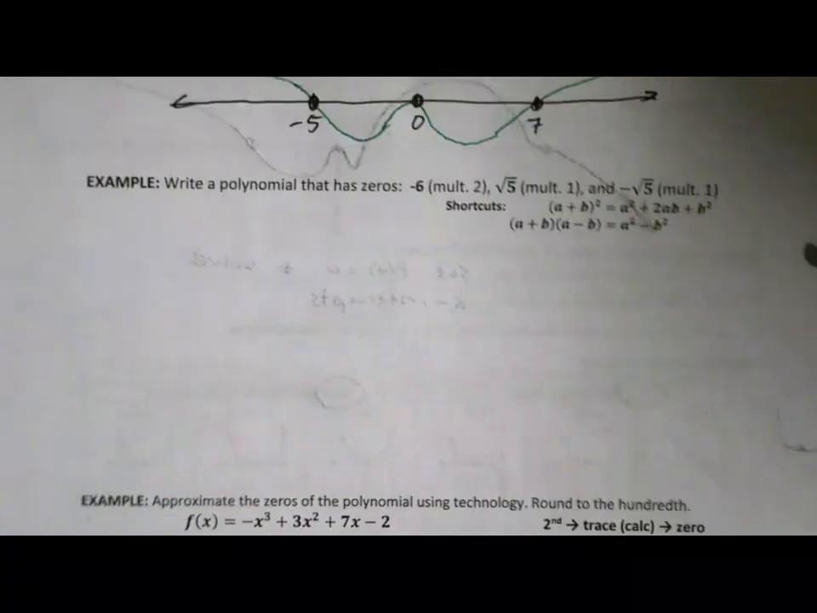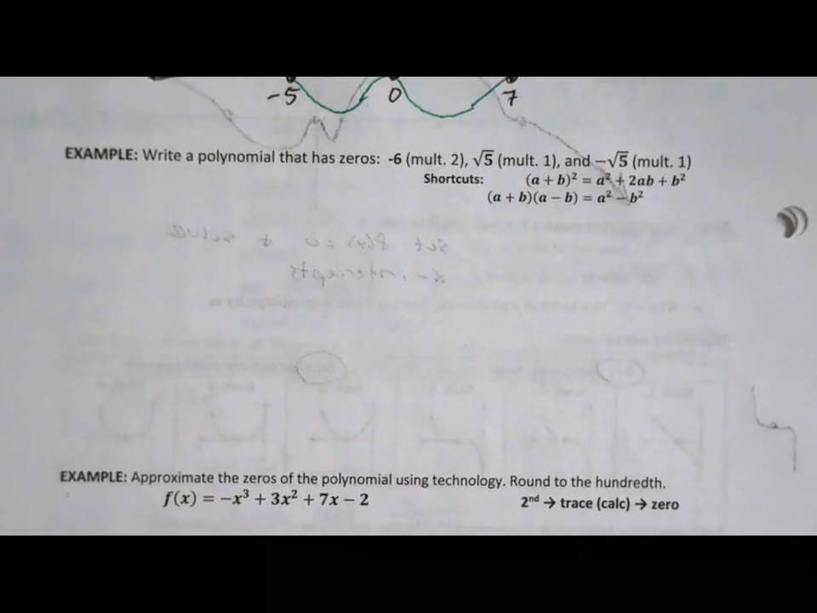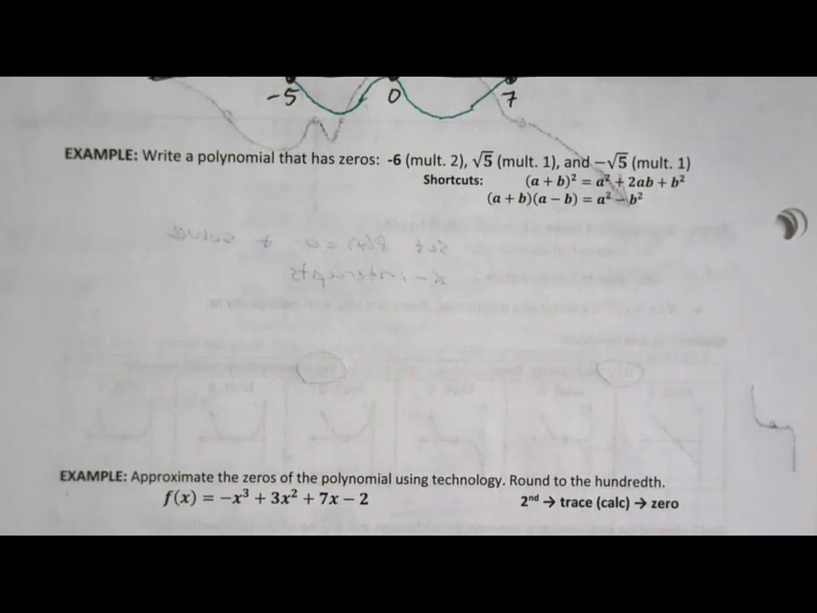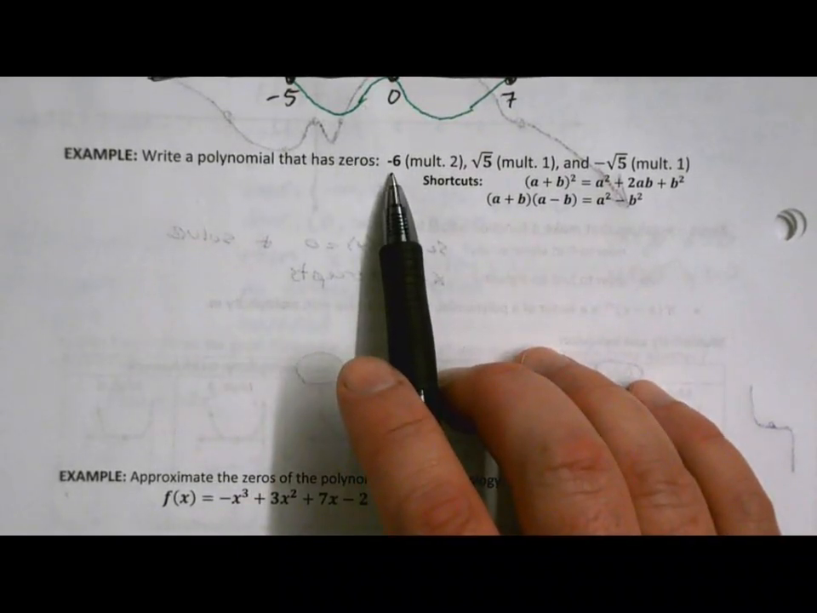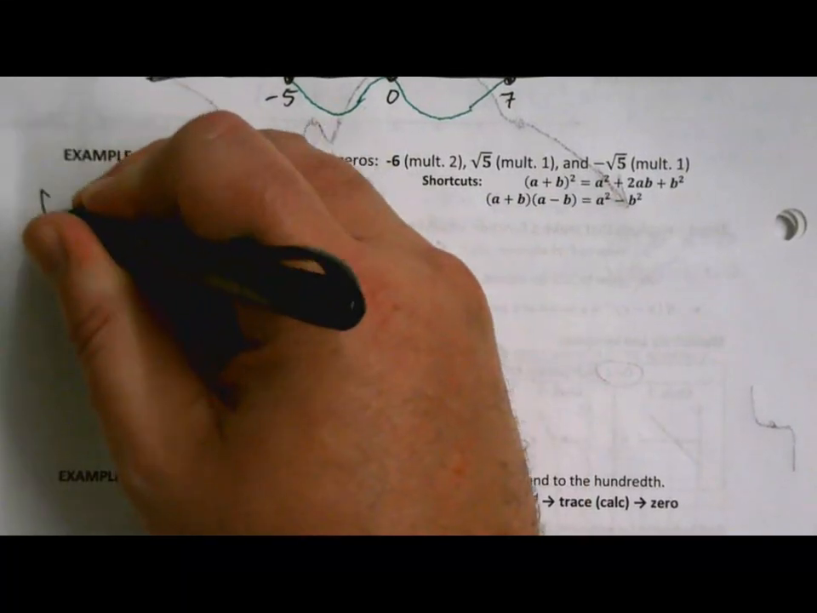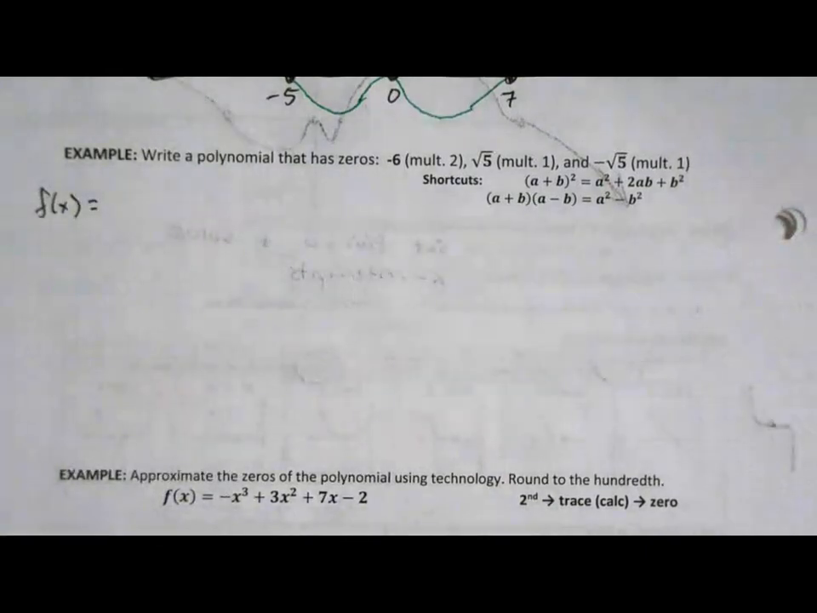So in this case, they've given us some zeros and some multiplicity, and we are going to be tasked with writing the polynomial. So we have to kind of work backwards. It says to write a polynomial. It doesn't say what format to write it in, which is nice. I will tell you that in the assignment, they're going to ask for it in standard form, but we're going to start in factored form because if we know zeros, we can write factors, right? So let's start writing this thing. F of x equals,